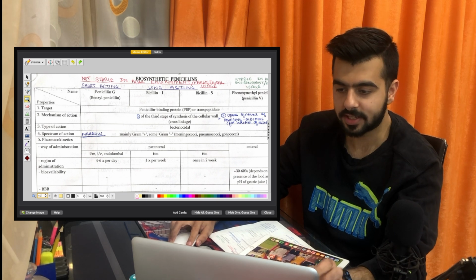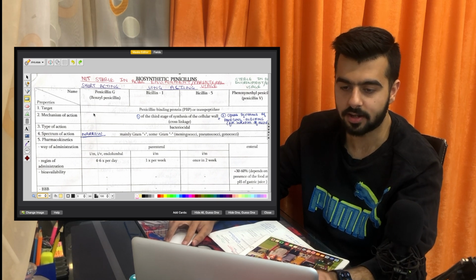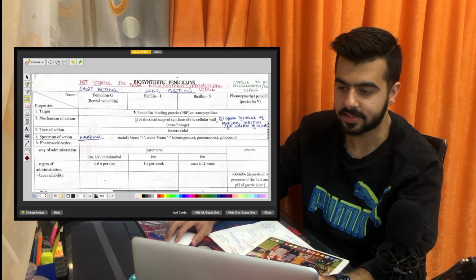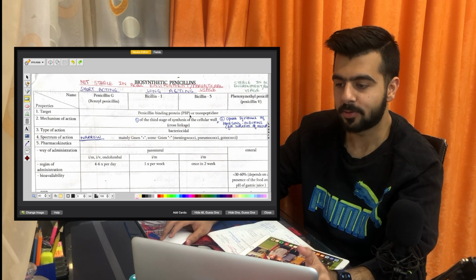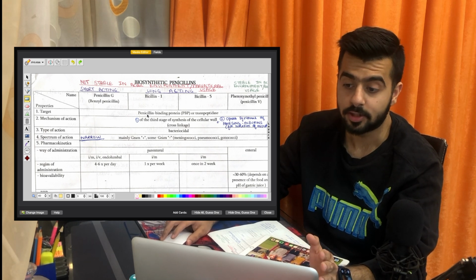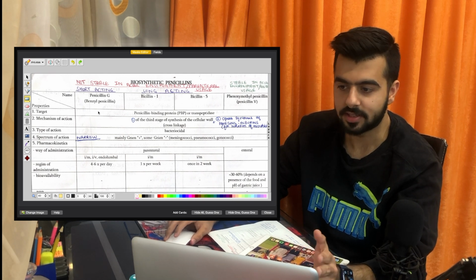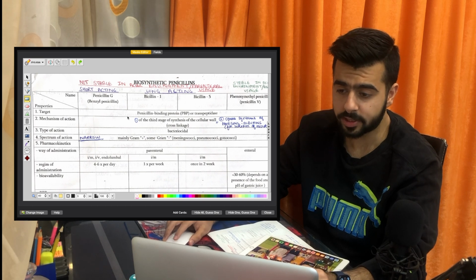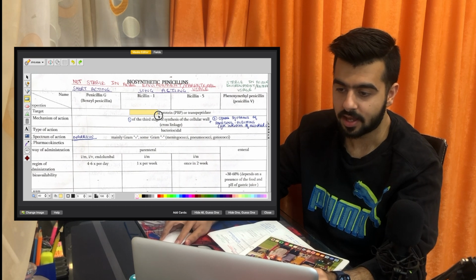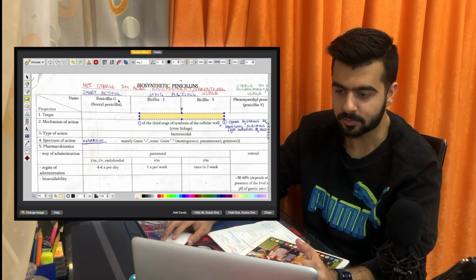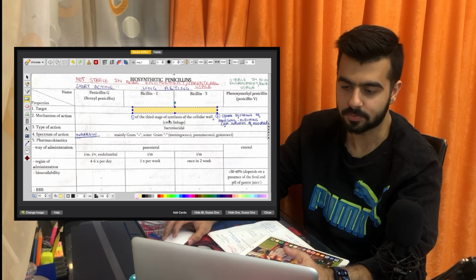So if you put this rectangular option on anything, that will be a card. So I'll show you an example. Just click on this rectangular option and let's say I want penicillin binding protein or transpeptidase to be my card, which is actually the target of biosynthetic penicillins, let's say. So what I do is I simply drag above it and make this a card. Now this will be my card. Now I know I'm looking for an answer which is the target for biosynthetic penicillins. So this is one of my cards.